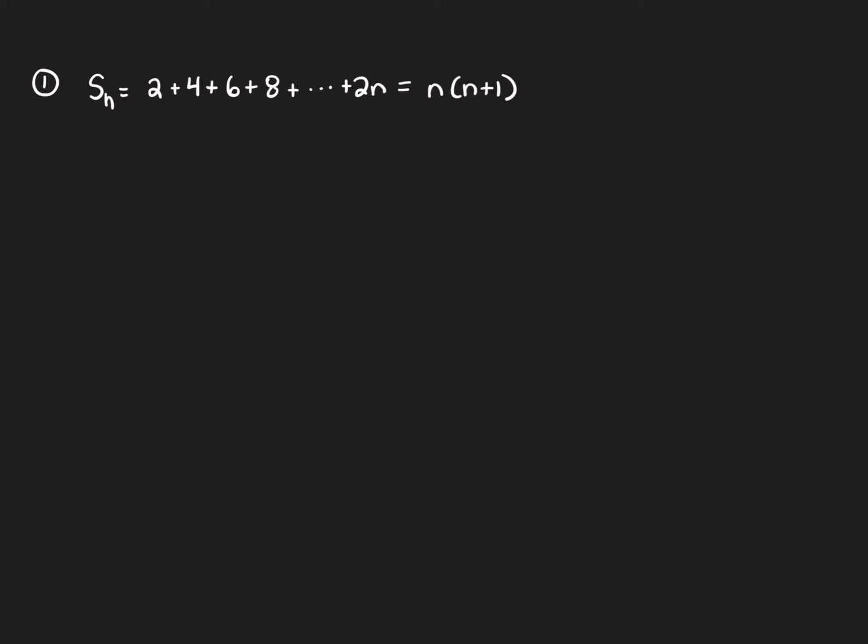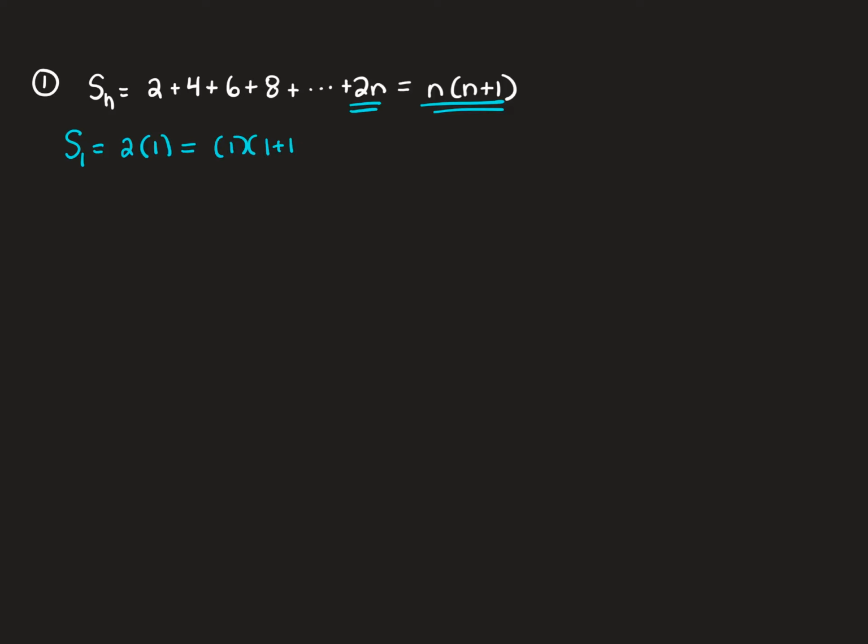All right, let's try some of these proofs together here. So the process is we have to first prove that this sum formula will work for the S sub 1 case. So we use this idea to prove our S sub 1 case. And we say, all right, when we plug in 1, we should get the same thing on both sides of